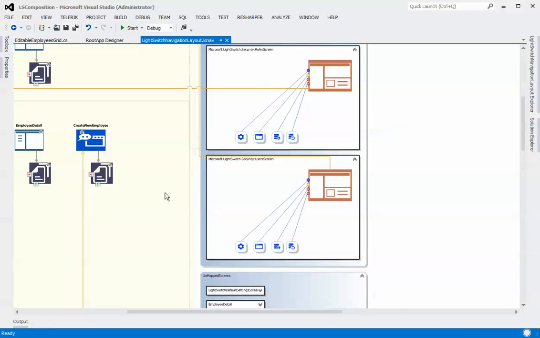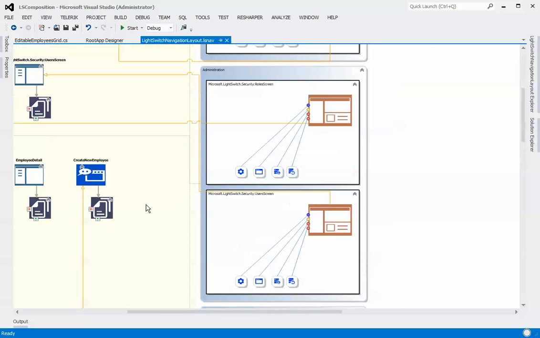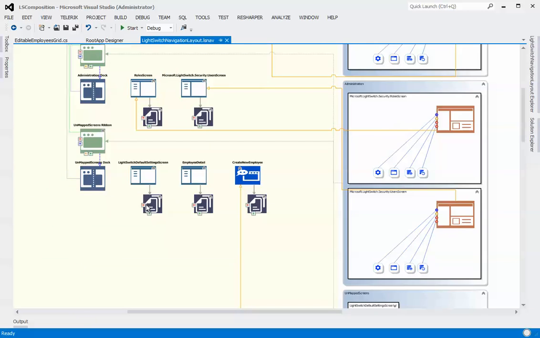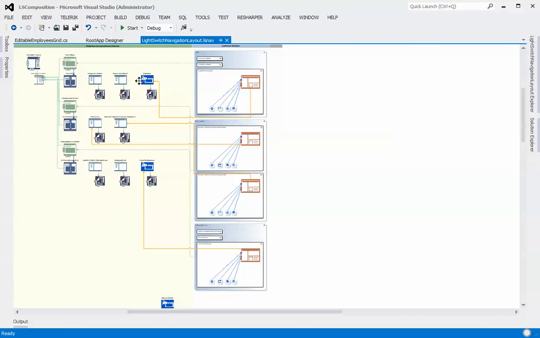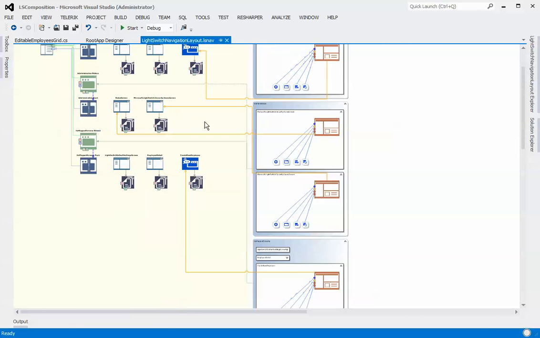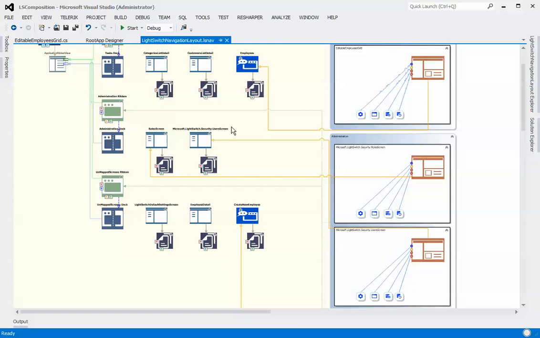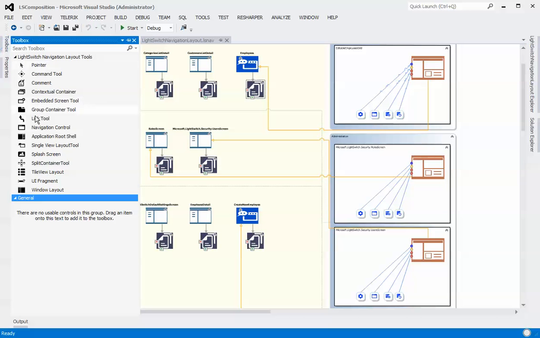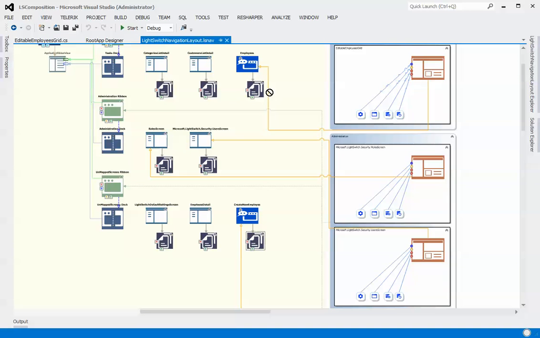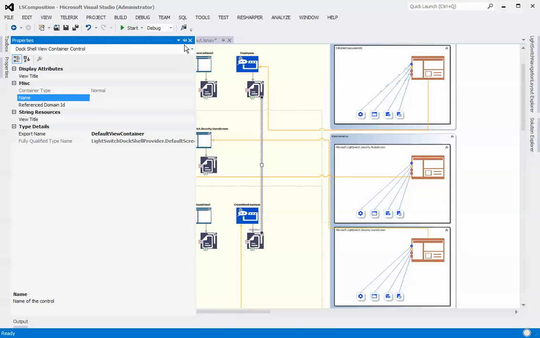And okay. And so the last thing we wanted to do in this part was to zoom out a little bit. And what we want to do is we've got this employee screen. We zoomed out a little too far here. And what we want to do is that when this create new closes, we want to refresh this view over here. So to do that, we'll take the link tool and we just link the two view containers together. And what you'll see here is that you get this set of properties that you can